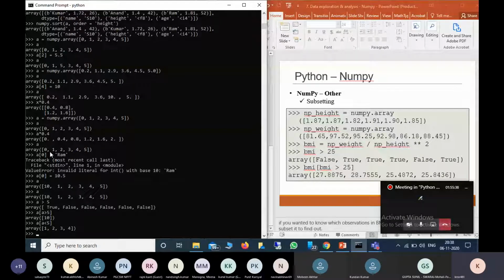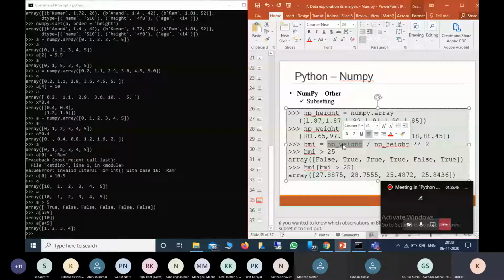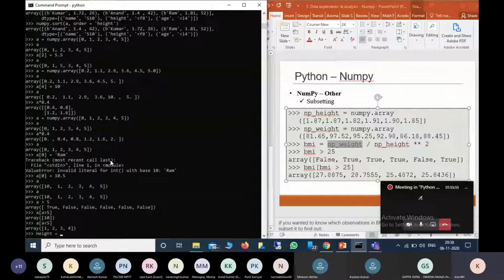Like calculating, here I mentioned an example. There is a height and weight, and we calculate the BMI. We want to sort out the people who have BMI more than 25. There we can use it. So for example, height equal to numpy dot array, height for example 1.87, 1.78, 1.72, 1.75.